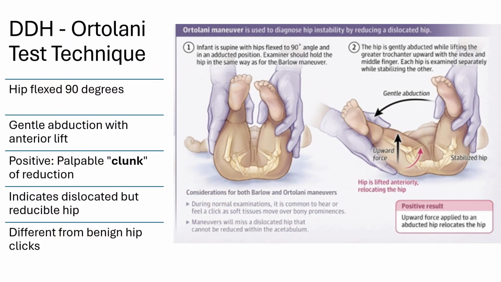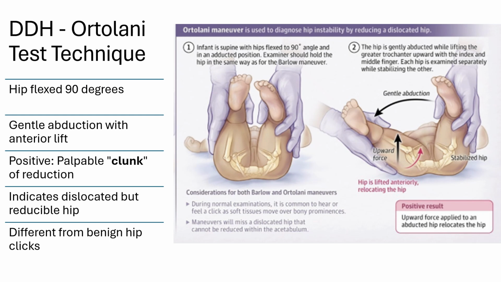The Ortolani test complements the Barlow maneuver by detecting hips that are already dislocated but can be reduced with proper technique. Start with the same positioning, baby supine with the hip flexed to 90 degrees. But the movement pattern works in the opposite direction from the Barlow test. Your hand placement remains similar, but now you'll apply gentle abduction while providing anterior lift with your fingers supporting the